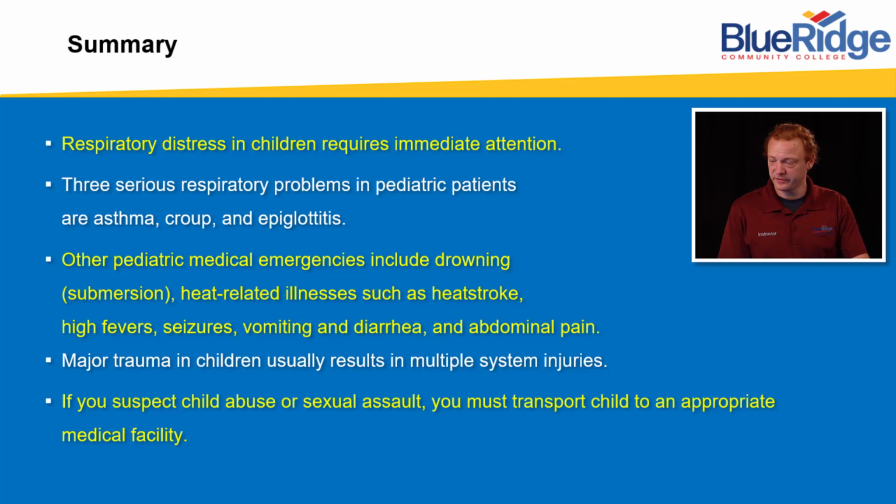Respiratory distress in children requires immediate attention. Three serious respiratory problems in pediatric patients are asthma, croup, and epiglottitis. Other pediatric medical emergencies include drowning or submersion, heat-related illnesses such as heat stroke, high fevers, seizures, vomiting and diarrhea, and abdominal pain. Major trauma in children usually results in multiple system